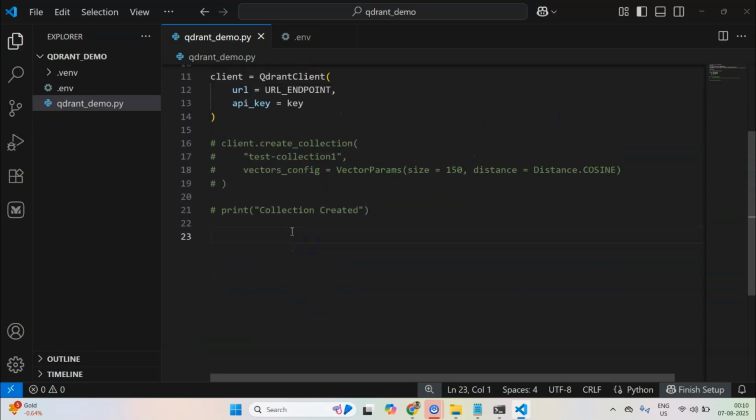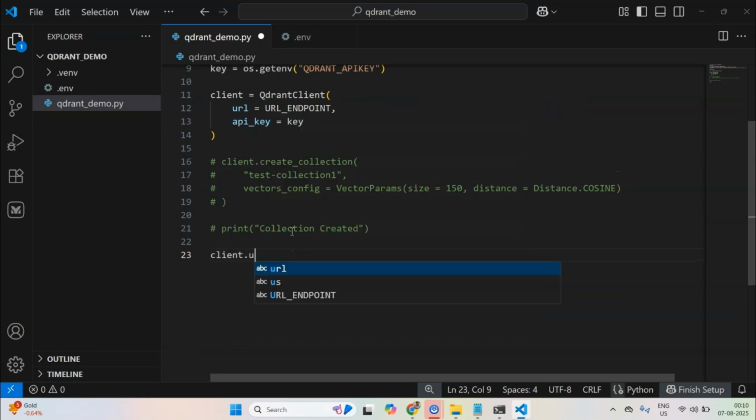And now what we need to do is call the client's upsert method. This upsert method takes the collection name, and there is an argument for whether, while these points are being inserted, we have to wait or not.